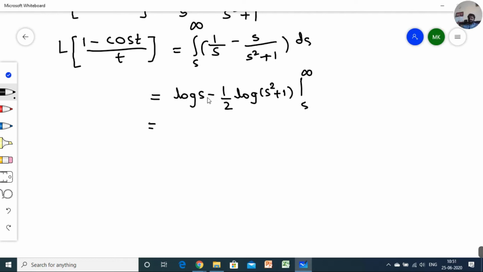While applying the lower limit, you have to put s equal to s. Again I am taking one more step here directly. The negative term will become positive, and the positive will become negative, so I am applying here 1 by 2 log of s square plus 1 minus log of s, upper minus lower limit. Upper limit is 0 minus lower limit, so while applying the lower limit, that minus makes the negative positive and the positive negative.